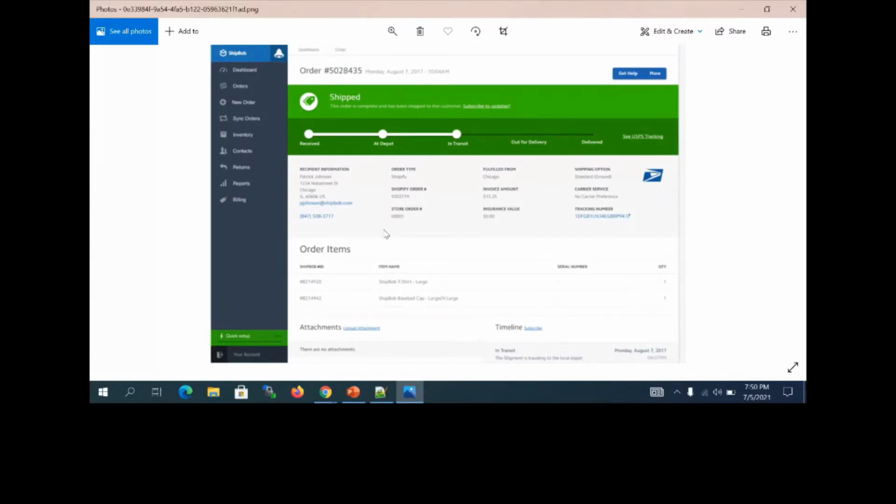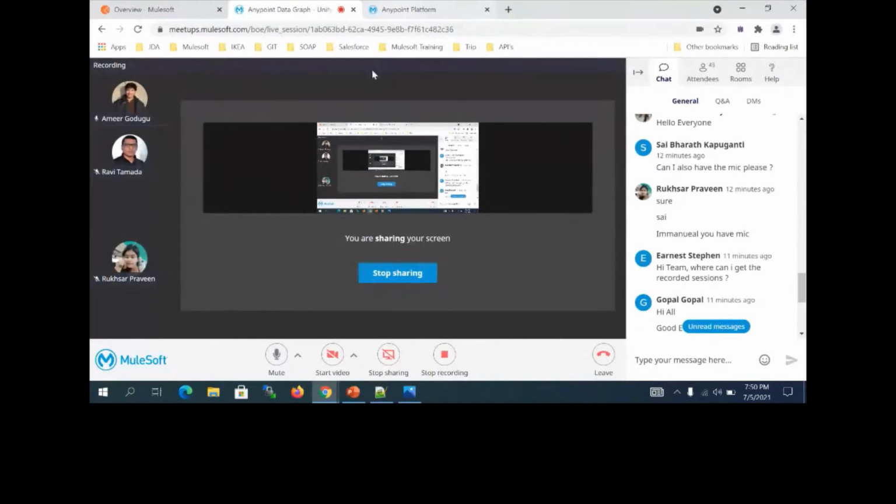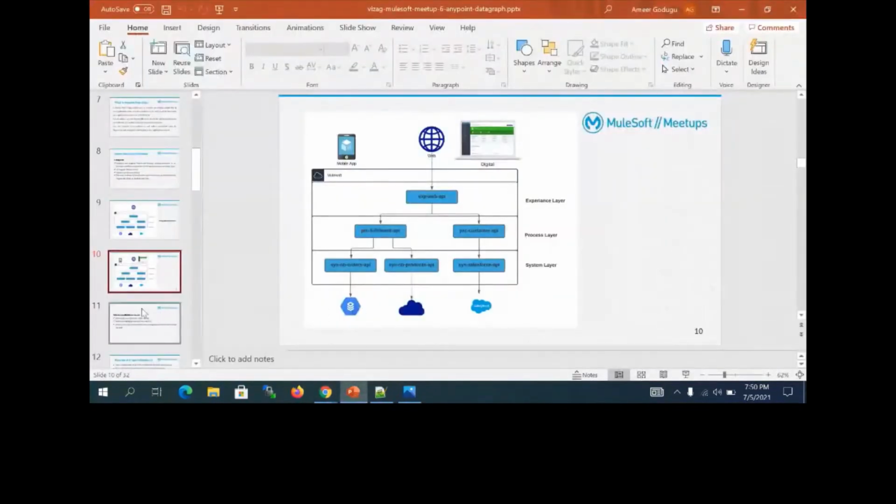The response time might also be different, because even if the customer API has 100 fields, this UI doesn't need that many fields to be displayed. They can query only the required fields. That will give even less response time. That is one of the benefits we are going to get using this data graph. So those are the two benefits we are going to get here.